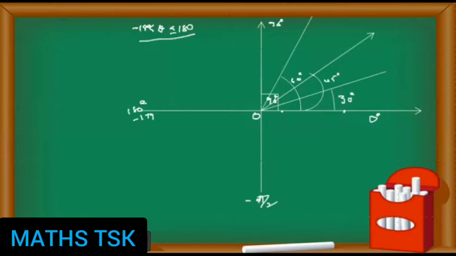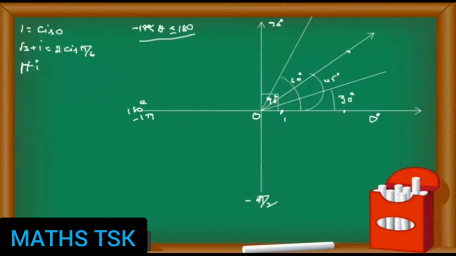So a point on this at a distance of 1 unit, I can write as 1 cis 0. Distance is 1 unit, on the x-axis it is 0 degrees. So 1 cis 0. On 30 degrees, look here: root 3 plus i. This distance is 2 units. Cis 30 degrees is cis pi by 6.